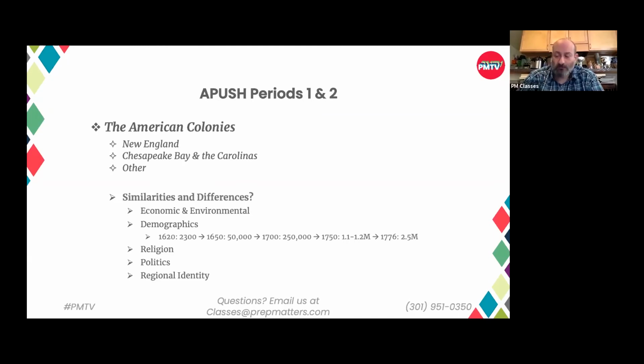A few of the other colonies that come up regularly, you may remember Maryland was set up as the first Catholic colony, the first colony for English Catholics to come over and have a haven in the New World. Pennsylvania was set up as a Quaker colony by William Penn, and Rhode Island was set up by Roger Williams as a beacon of toleration, a place where all religious groups were welcome, and very much as an antidote to the Puritans' rigid ideology. In fact, Rhode Island was home to some of the very first Jewish communities in the United States, and so to this day has some of the oldest synagogues in the country.